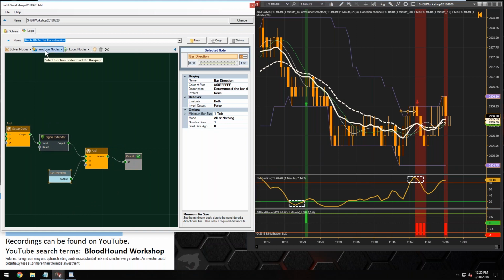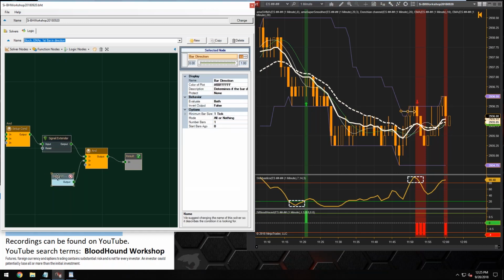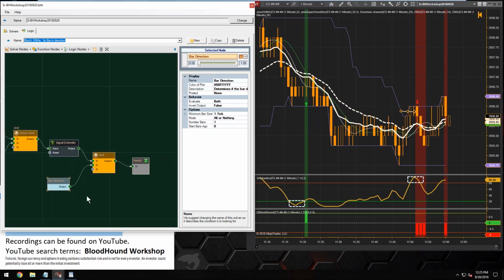Let's see, I could do this one of two ways. I could just grab a signal blocker, which would be easier to understand, or I could reset the signal extender, right? I could turn that signal extender off, based on a bar direction being detected, right? So what I can do is